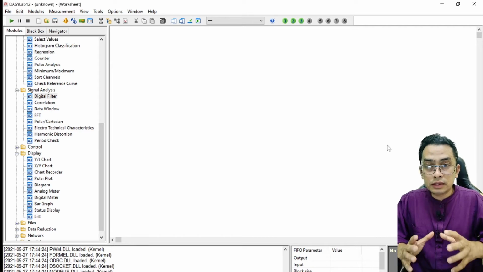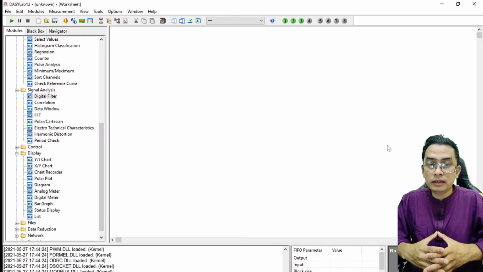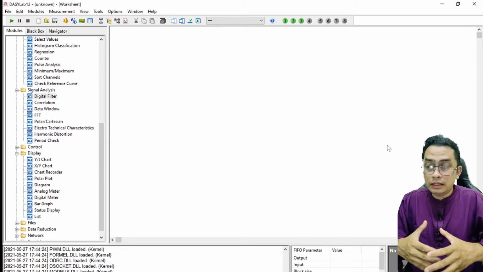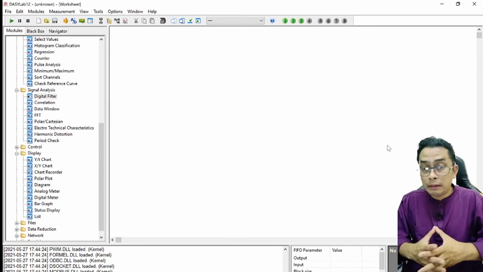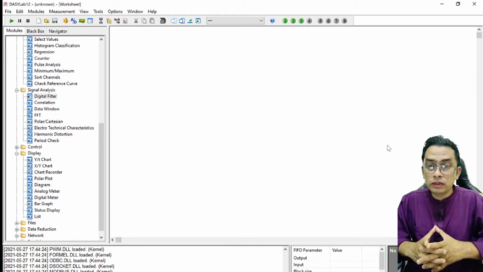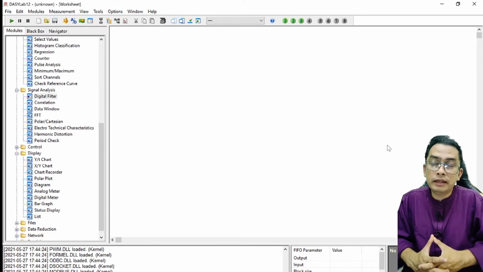For the second session, I explained how to create a simple sound level meter. I also explained how to do calibration to make sure that the value from the sound level meter is accurate. I taught you how to do calibration using your own app on your smartphone. And today we're going to finish the whole process by adding the navigation